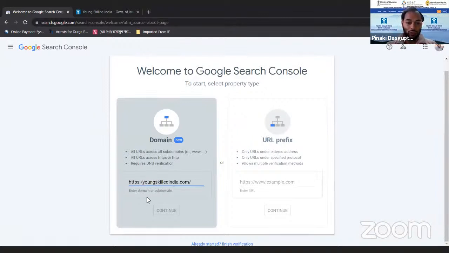While adding the domain, I have to remove the https:// and everything else. I have to put only the name of the domain, and then continue.